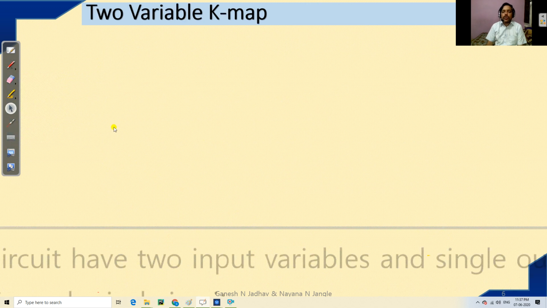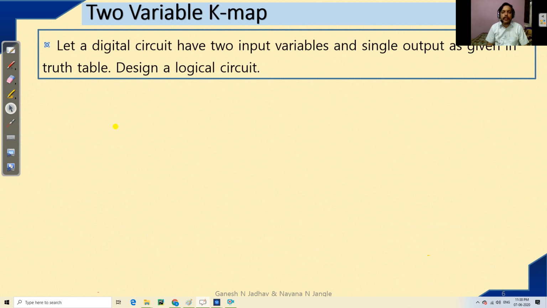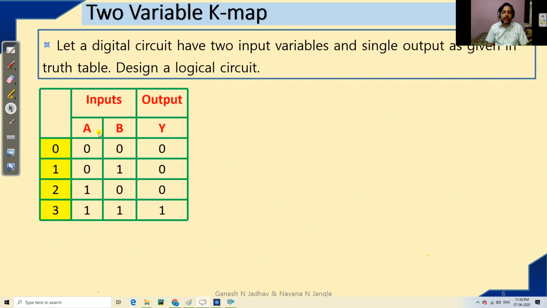Okay. So let us first discuss the two variable POS form for the K-map technique. I am giving you two inputs and one output. The two inputs mean the combinations are 0 0, 0 1, 1 0 and 1 1, and the corresponding outputs are present. See that here I am going to concentrate on POS, which means I have to concentrate on zeros, not on the ones. Keep that in mind. So output 1 need not be considered.